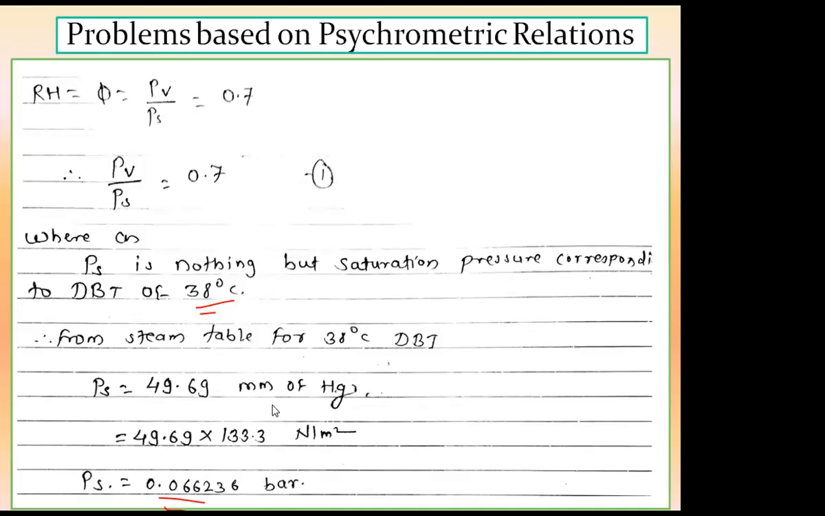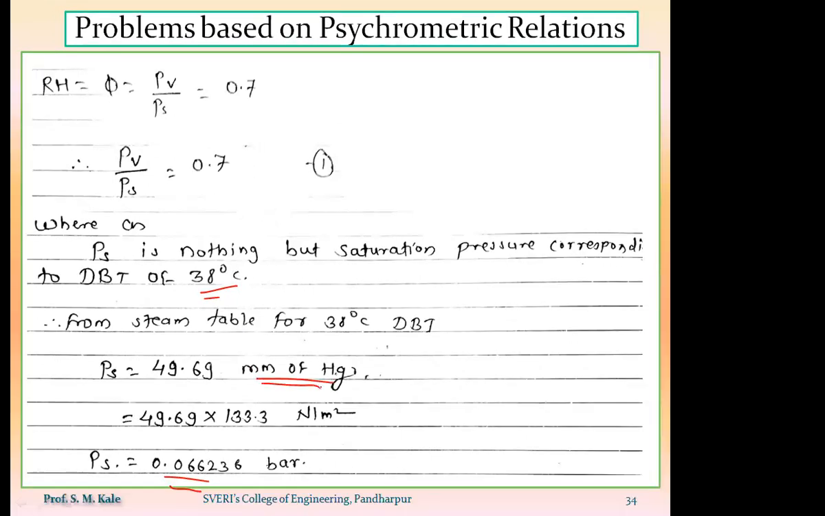हे जे कॅल्क्युलेशन आहे, कारण की काही स्टीम टेबल मध्ये ती जी व्हॅल्यू दिलेली असते ती कशामध्ये दिलेली असते? एमएम ऑफ एचजी मध्ये दिलेली असते. स्टीम टेबल जर बघितले तर स्टीम टेबल मध्ये प्रेशरची व्हॅल्यू एमएम ऑफ एचजी मध्ये दिलेली असते. काही स्टीम टेबल मध्ये ती न्यूटन पर मीटर स्क्वेअर मध्ये दिलेली असते आणि काही स्टीम टेबल मध्ये ती बार मध्ये